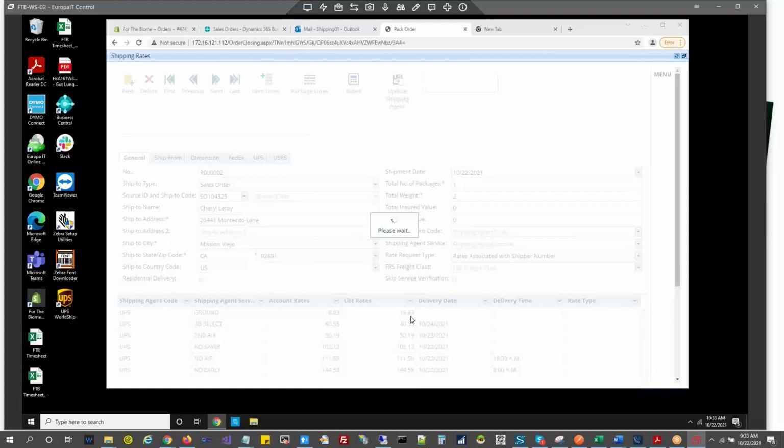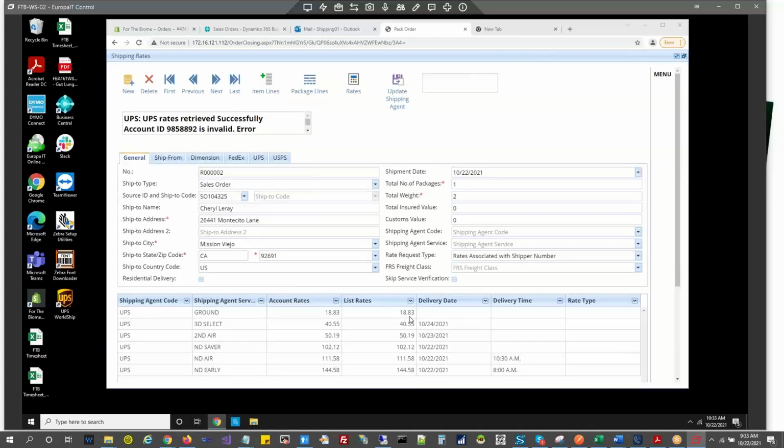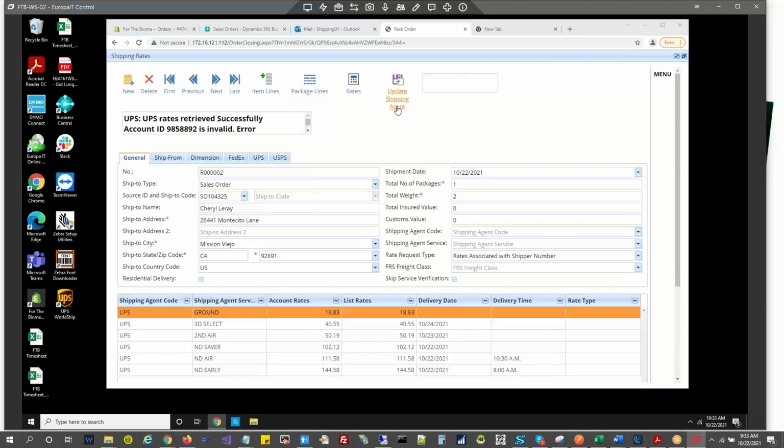Okay, but it's just the UPS rate from our UPS account, not the rate that comes with Indicia? Right. Indicia does sometimes give us better UPS rates than our own account. I was wondering if there's a way to access those through this application. You can check both the agent code rates here, and it automatically sorts the least rates on top, so you can check that particular agent code and use the option Update Shipping Agent.